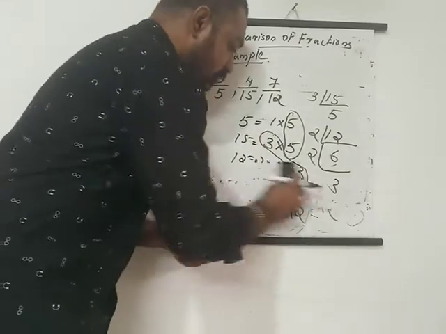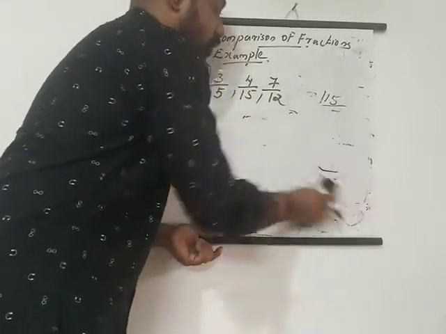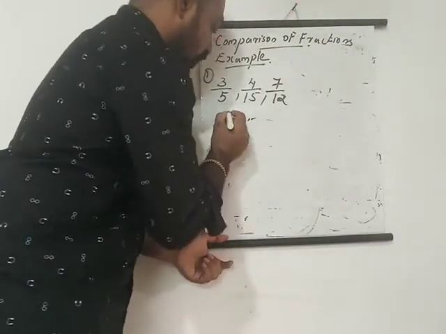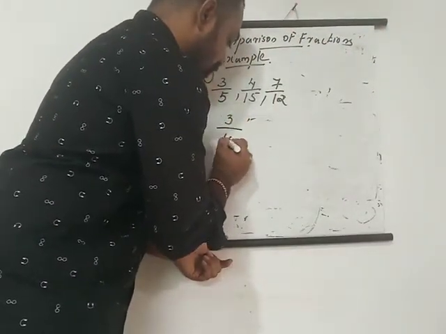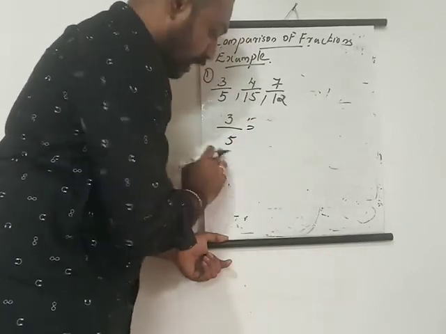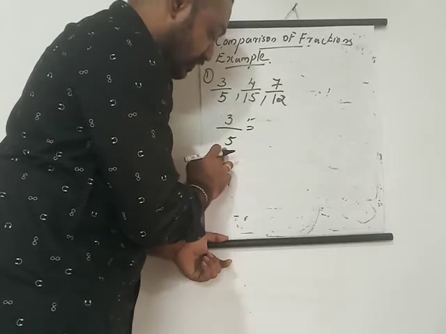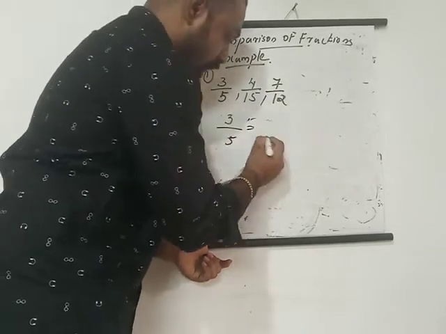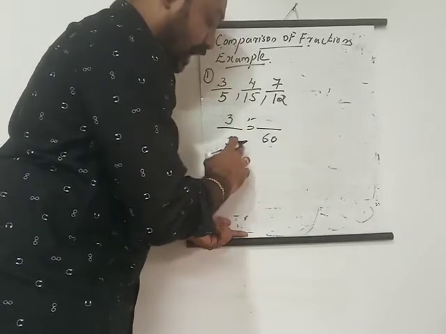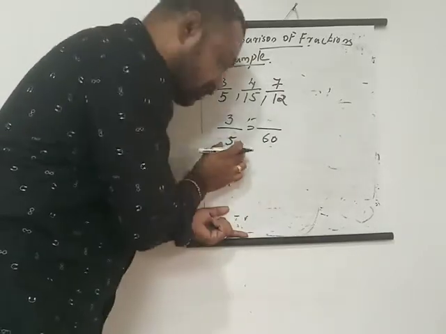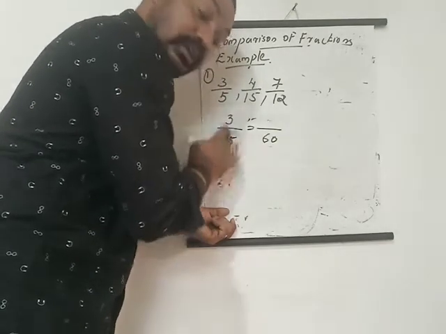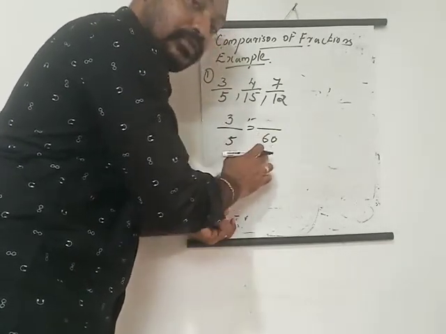Okay. Now we got 60. Now I am going to convert these fractions in terms of 60. So 3 by 5 is there. How can we convert 3 by 5? I am going to convert this 5 in terms of 60. See, I need to get 60 in the denominator. That means I am going to convert it into an equivalent fraction. Because our LCM is 60, we need to convert into terms of 60.